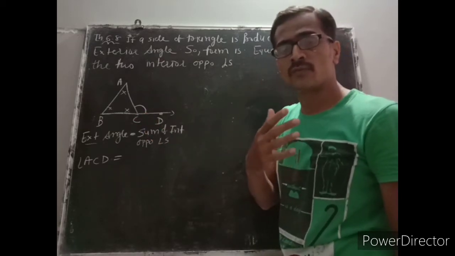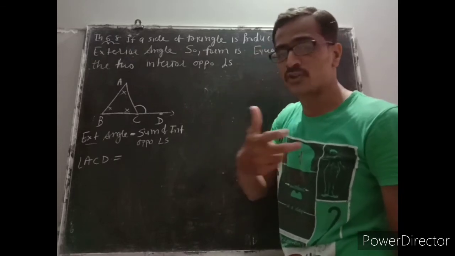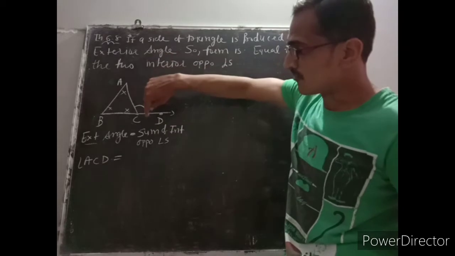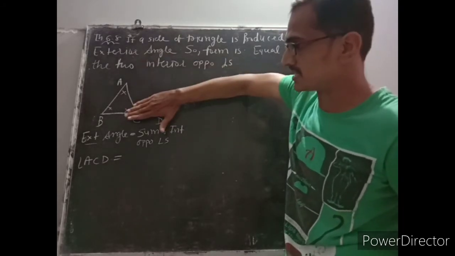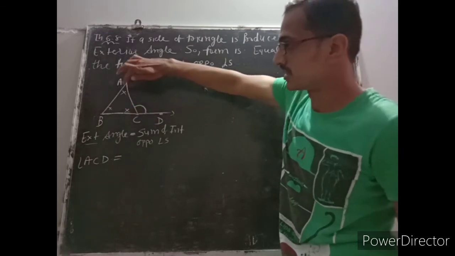See, if you want to find out opposite angle, just hide the angle for which you want to find out opposite angle. I want to find out opposite angle of C, so I will hide C. Which two angles you are able to see? Angle A and angle B. So angle A